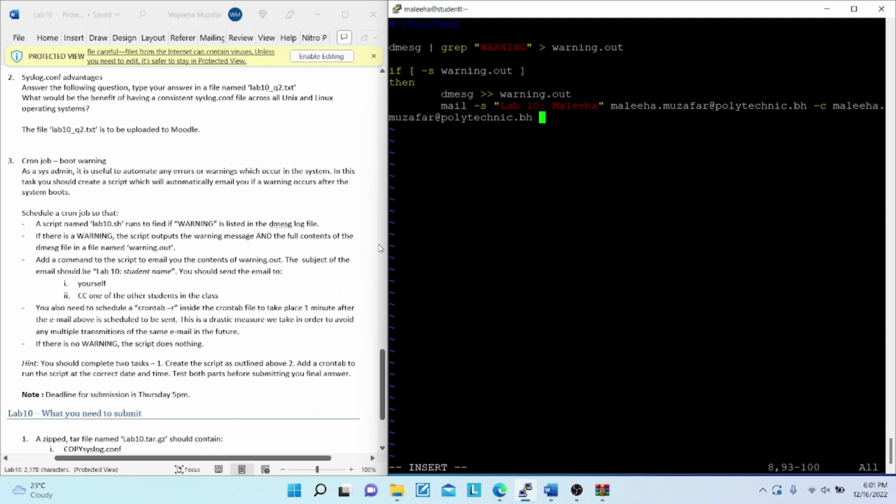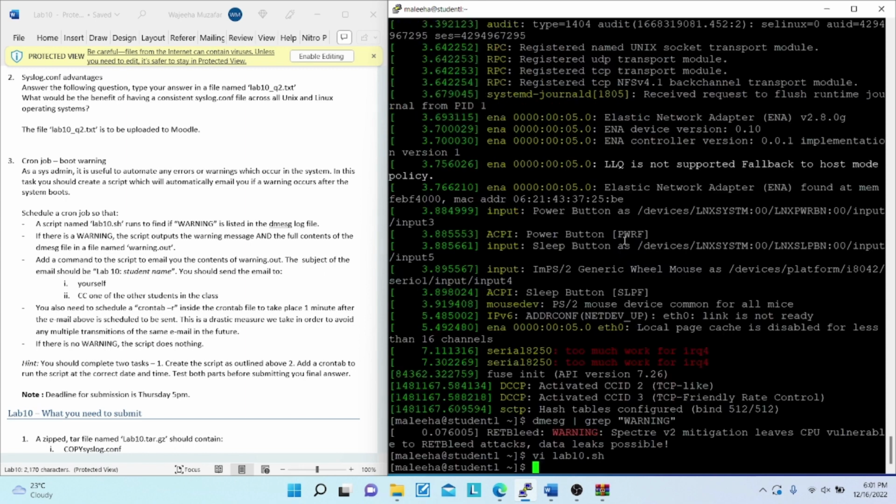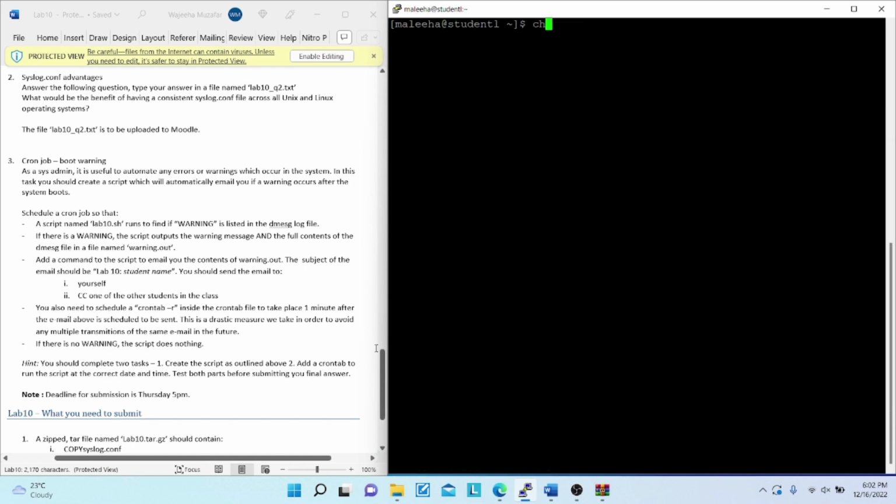Polytechnic.bh. And then you need to input the warning file, the content of the warning file. So warning.out, and that's it. Fi. Okay. Now first of all clear, then chmod u+x